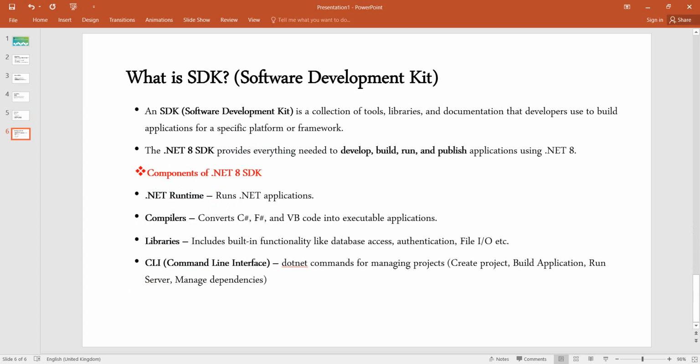So let's talk about what an SDK is. SDK is nothing but a software development kit. It's a collection of tools, libraries, and documentation the developer uses to build applications for a specific platform or framework. Here I'm using .NET 8. The .NET 8 SDK provides everything needed to develop, build, run, and publish applications using .NET 8. So the components of .NET 8: